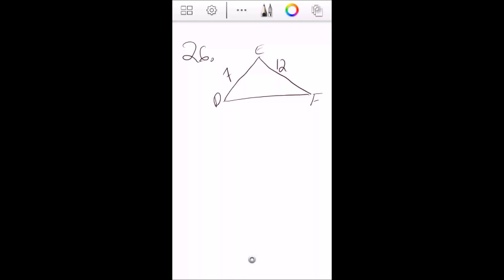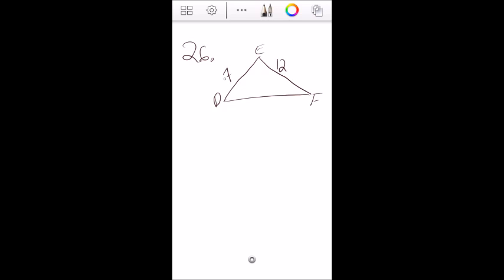Alright, so question 27 states, in triangle DEF, DE is 7 centimeters, which I've drawn over here, and EF is 12 centimeters, which we have over here. And it says, which of the following could be a possible length of DF? So this is one of those facts that we talked about that we called the triangle inequality